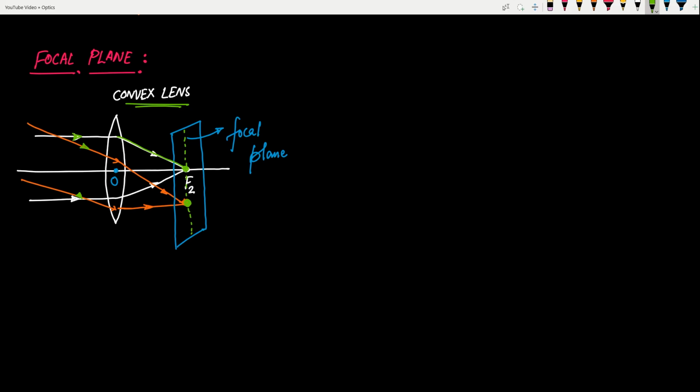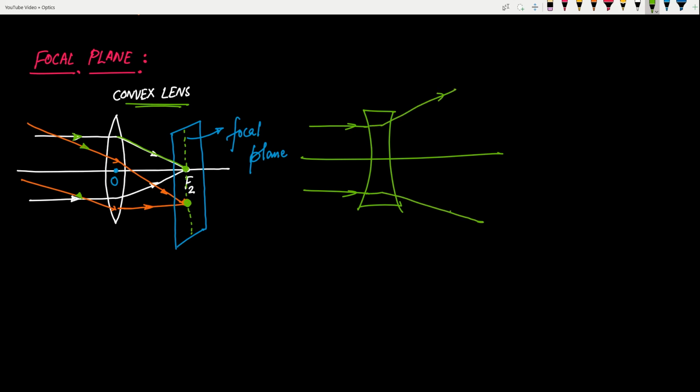Okay, the same thing happens for concave lens also. If this is a concave lens, we know that for the second focus, we need to take parallel rays. Then after refraction these will diverge. Very good. And then if we extend these rays backward, then we will get a point, and that point is known as the principal focus or the second focus of the concave lens. Simple as that. Now if the rays are like this, if I take another color and draw two rays like this,